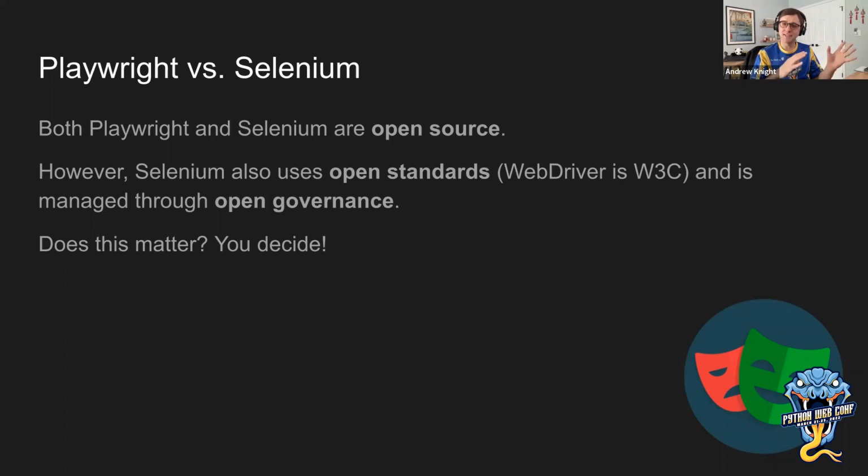So that's what open standards mean. What does open governance mean? Open governance means that the Selenium projects, which includes the Selenium WebDriver implementations, as well as a tool called Selenium IDE, which is like a visual builder, and Selenium Grid, which is a scale-out infrastructure for distributing browser test execution